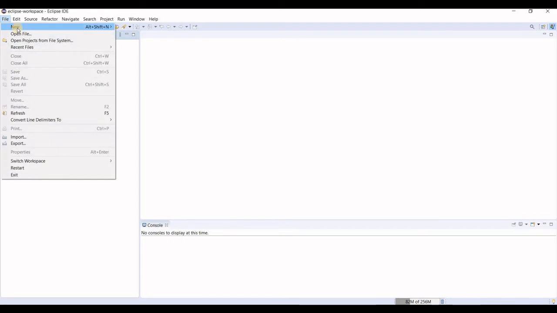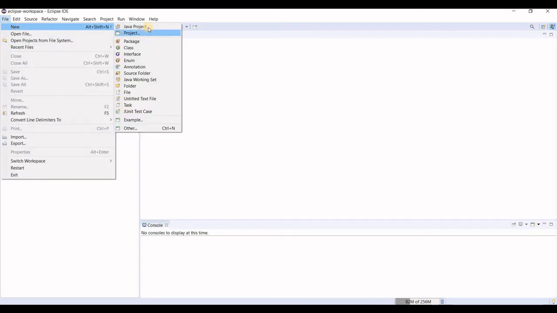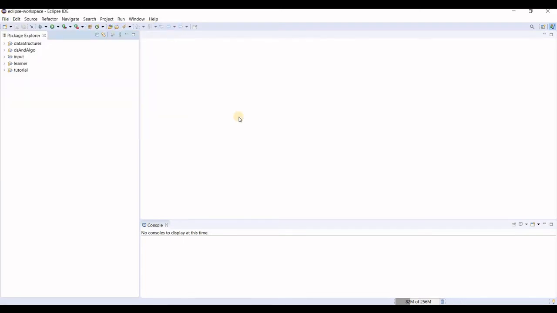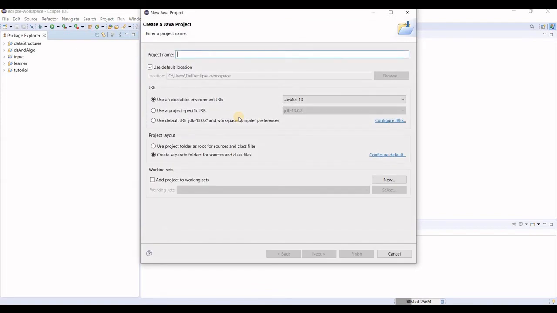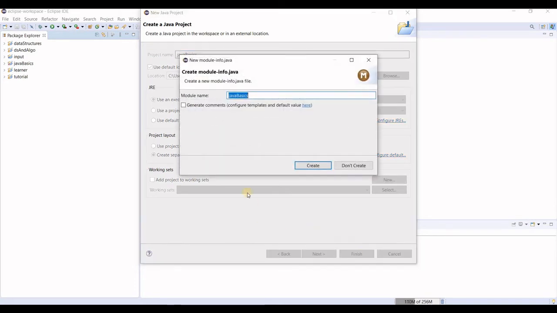Go to File, click New and New Java project. Type the name over here, say JavaBasics, and I have used camel case over here, that is beginning a new word with the capital letter. Finish it, you don't need to do anything in this. Click generate comments, it will help you, and create.